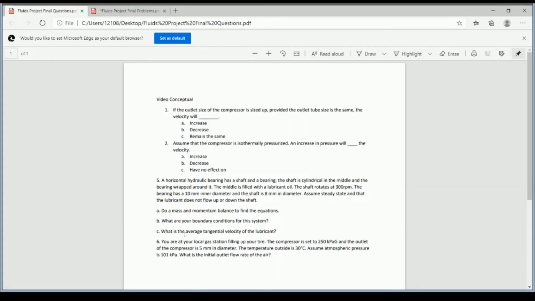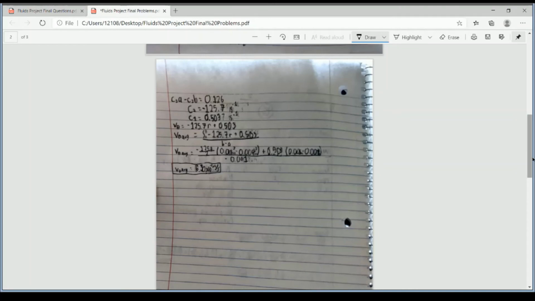So for my final problem, I did an air compressor, and you set it up to 250 kilopascals, and you have your outlet, and you have the temperature outside, and you have to find the initial outlet flow of the air. So for this problem,